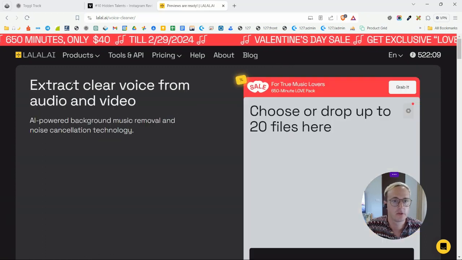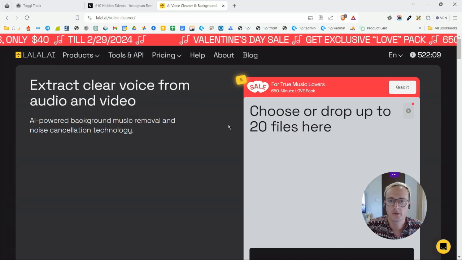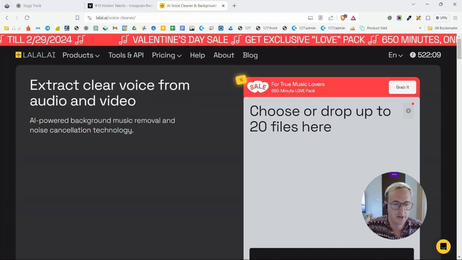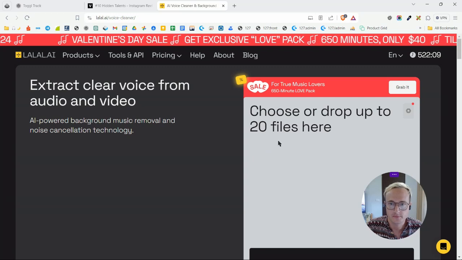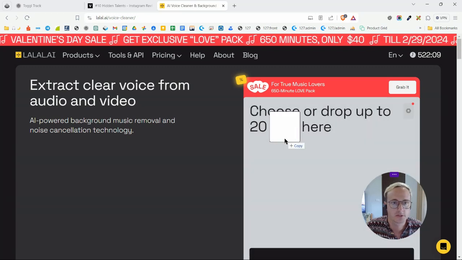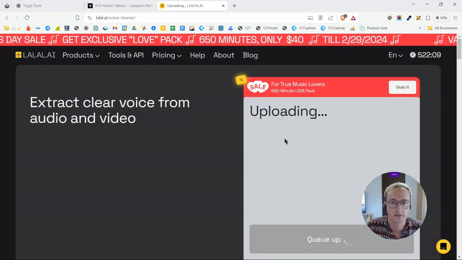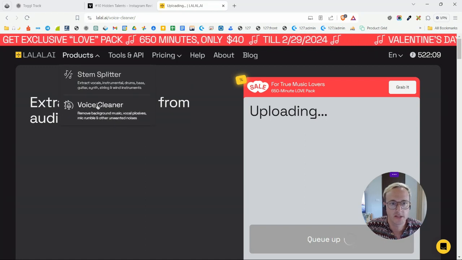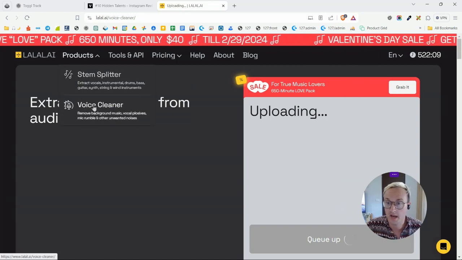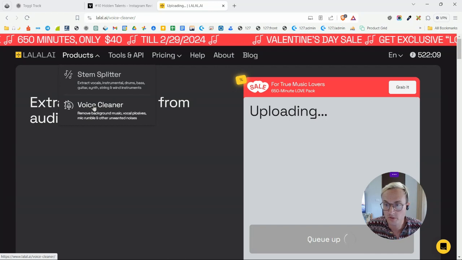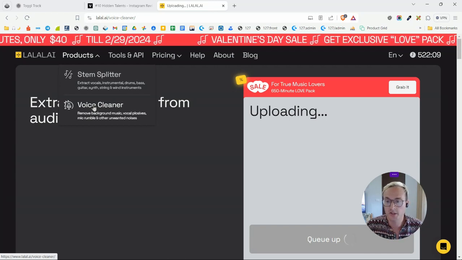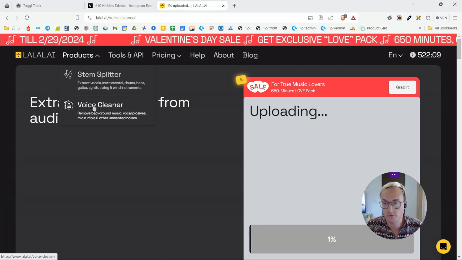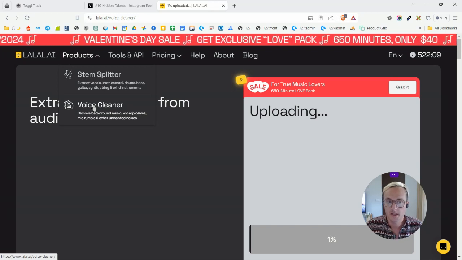Here, back to previews. Back here, I can upload my file. I drag it inside from my other screen for you. Let's see if it works. Okay. As you could see before, I was selecting voice cleaner. So I will isolate my voice from the background noise. This will in general increase the audio quality of your file